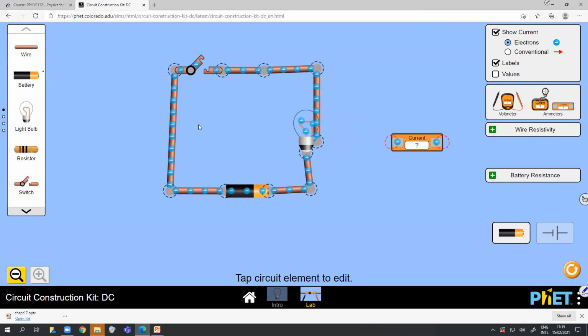Now I want to know, when I connect the circuit, what is the current flowing through this bulb. I want to measure it for some reason. So I should connect my ammeter such that